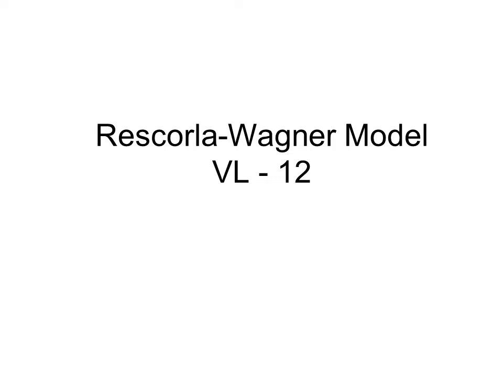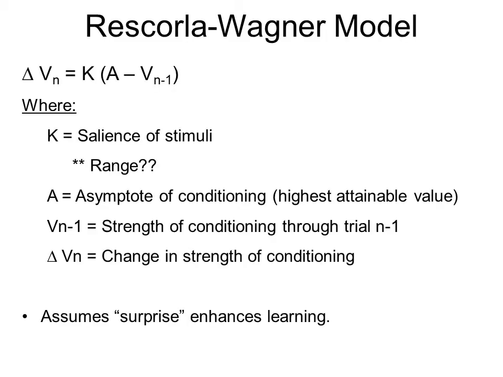This is video lecture 12, and in this video lecture we are going to go through the Rescorla-Wagner mathematical model of Pavlovian conditioning. Robert Rescorla and John Wagner are two Pavlovian psychologists, and together they have developed, not surprisingly, the Rescorla-Wagner mathematical model of Pavlovian conditioning. It is a model that predicts the outcome of Pavlovian conditioning preparations. It is capable of handling a variety of different phenomena that we have already discussed to this point.